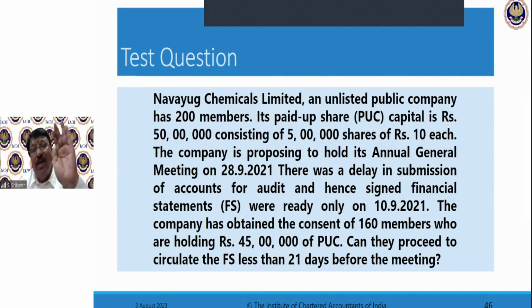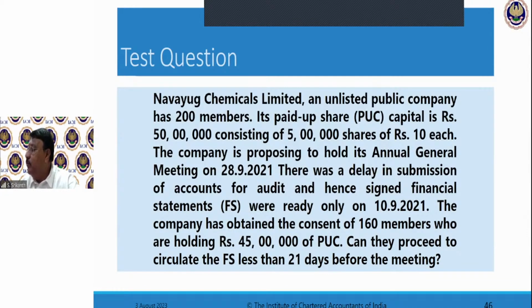What this company should have done was, they should have anyway got a permission for postponing the AGM. Okay, they can do that. They can postpone the AGM. But if they want to do that, they should have gone to the registrar and they should have got the permission. There he will monitor very carefully and give reason, but they won't. That permission is not given casually, but sometimes they will give. So at least that application should have been made by them. Then, no problem. Then this delay. But this fellow has not done that. Instead, they are delaying the accounts. So in those cases, they have to postpone the AGM. That is the correct way.